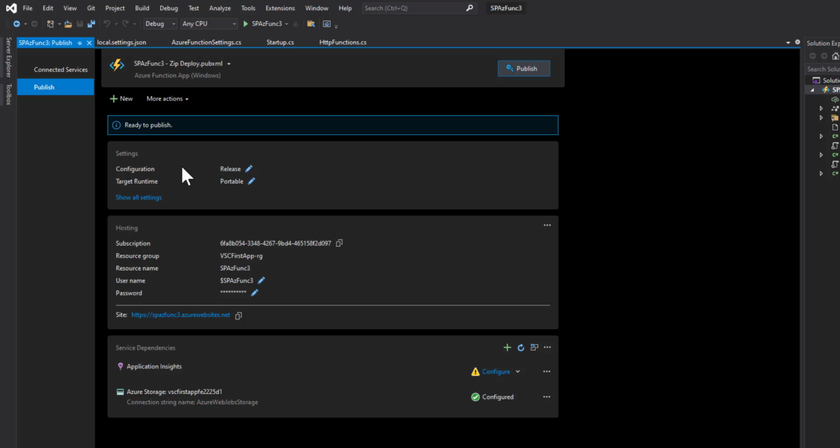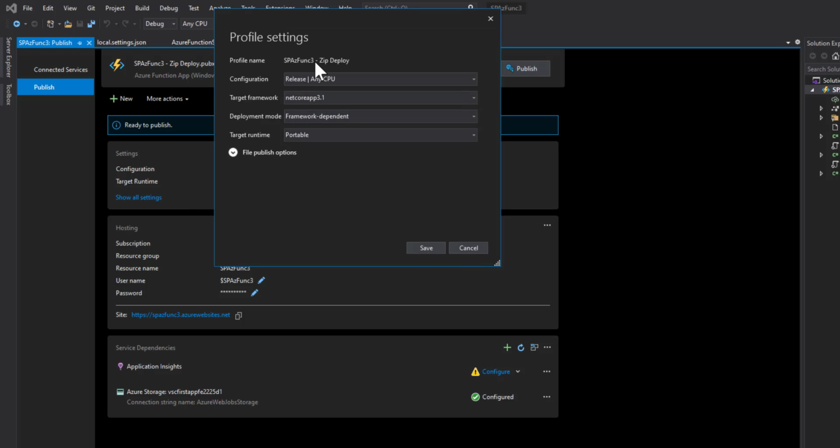If you see here, the configuration is release, target runtime is portable. You can just edit it and see the profile settings. The configuration is release any CPU, target framework is 3.1, deployment mode is framework dependent or self-contained, and the target runtime is portable, or you can choose any other runtime.